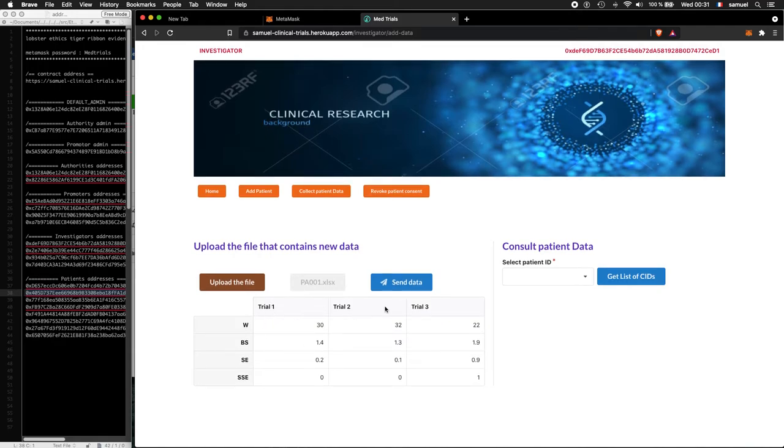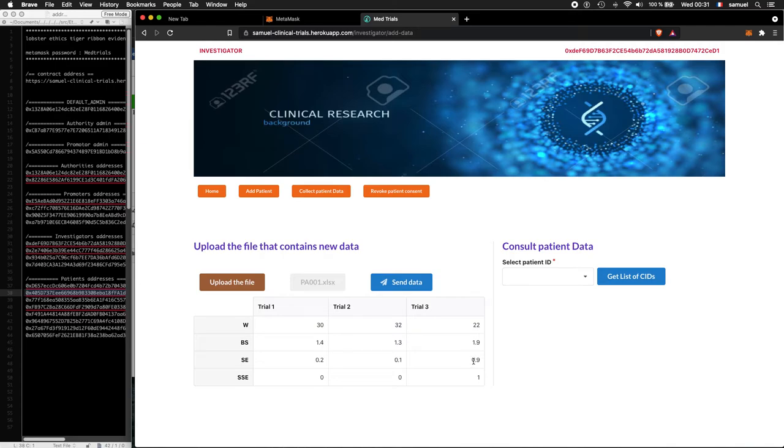As you can see, now we have 3 trials. The first, the second, but for the third trial, we have observed some serious side effects because the value of the serious side effect is close to 1, so it's 0.9, and this is very high.